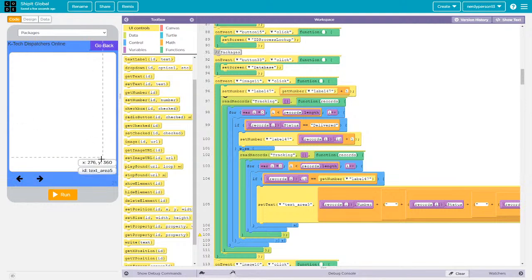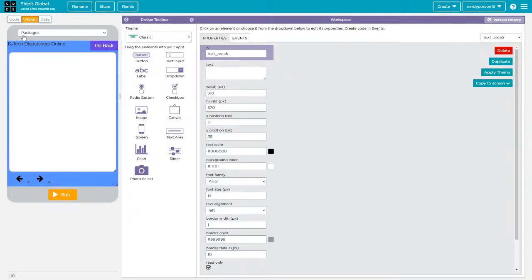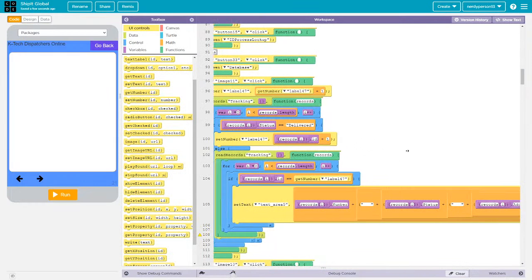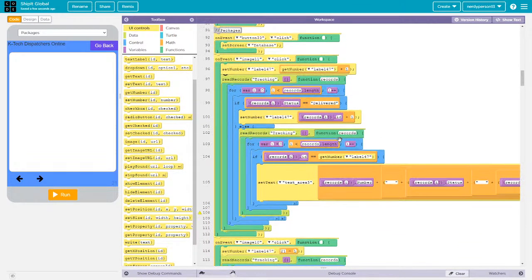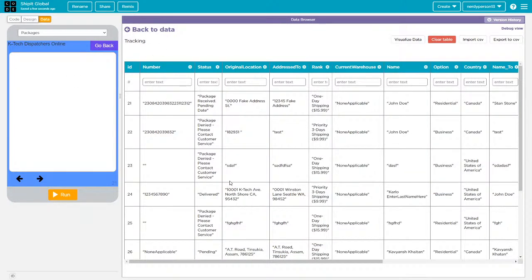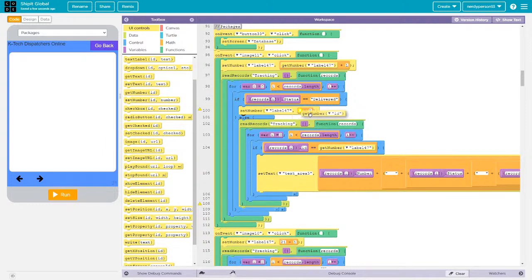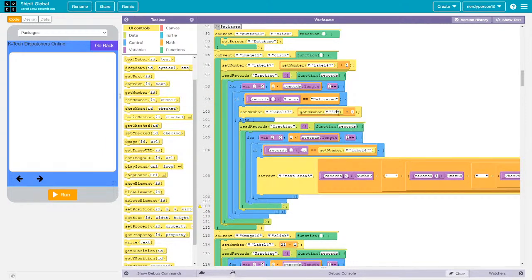Okay, so this is read only. Okay. So now here, if the record of status, which is right here, says delivered, then we are not going to use records ID. We are going to use get number label 47